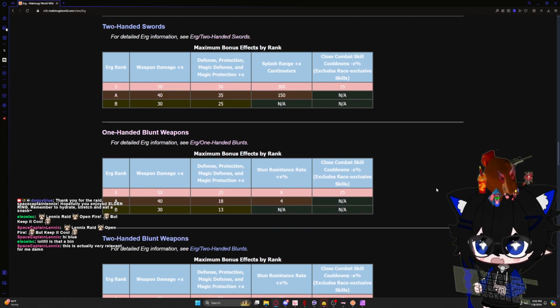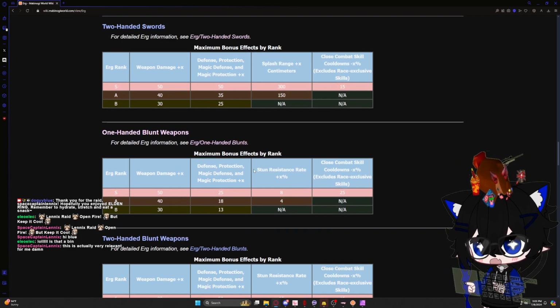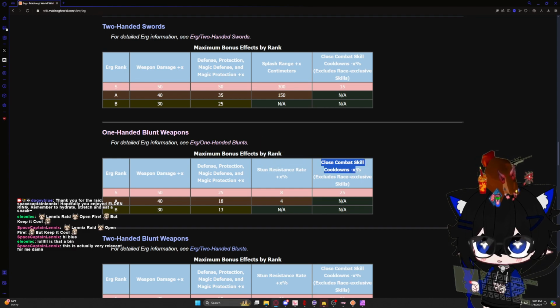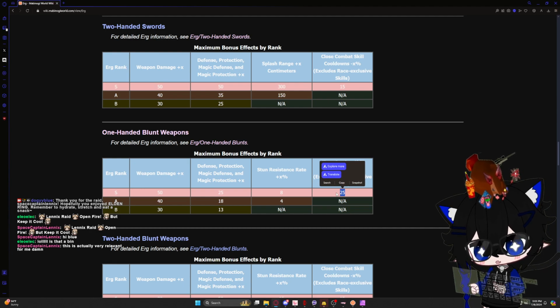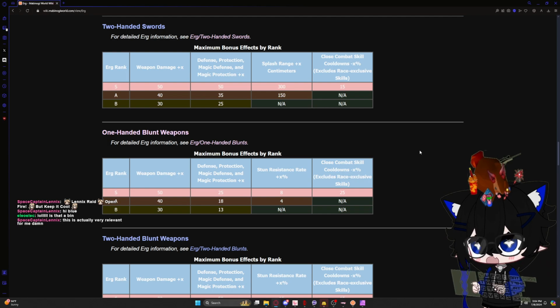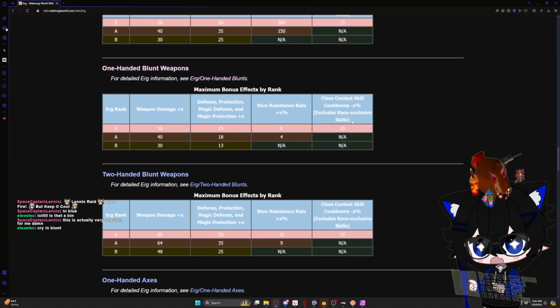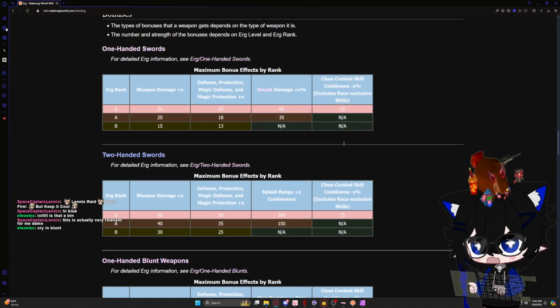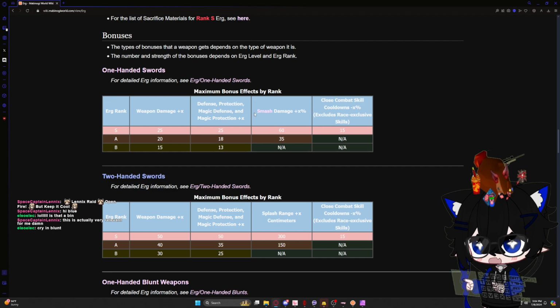However, one-handed blunts only gain the stun resistant rate. They also gain the close combat of 25%. It goes up to 50% when they're dual wielding, right? So they can smash more often, they can windmill more often. But that's the thing. You're relying on normal damage, normal windmill, normal smash. You're not relying on the smash damage